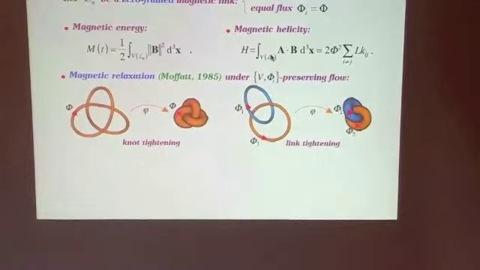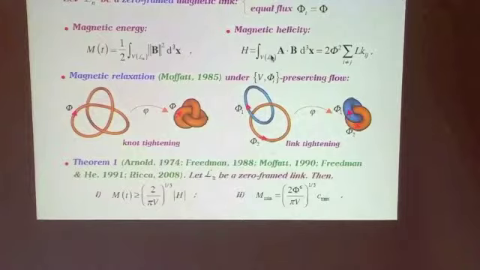So there is a clear way, at least as a toy model, to explore the effects of topology on energy with this very simple type of approach. Here I have collected a number of results from people in different periods. Essentially Arnold '74 and Friedman '88 worked on this relationship. And then Moffatt 1990, Friedman and Hay '91, and myself. Moffatt 1990 and Friedman and Hay '91 found basically